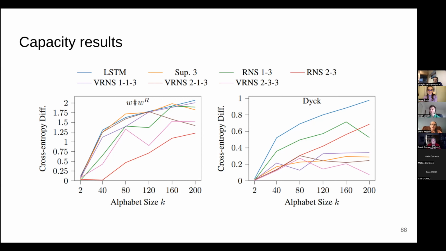Go ahead. What would it take to be able to learn WW, do you think? Yeah, so I think it would require some sort of non-deterministic multi-stack automaton, as opposed to just a non-deterministic PDA that's being abused to simulate multiple stacks. So you need to guess where that middle point between the two W's is. Right. So there's only n possible middle points. So it's not a sort of exponential parallelism. Yeah, that's right.